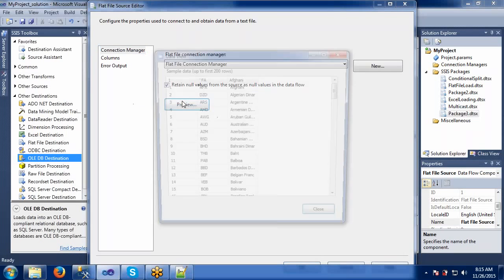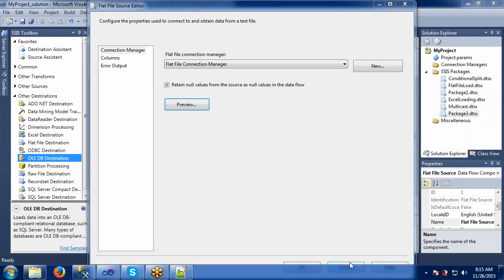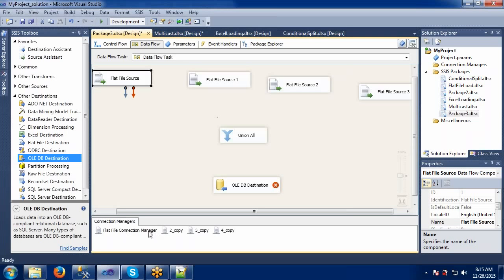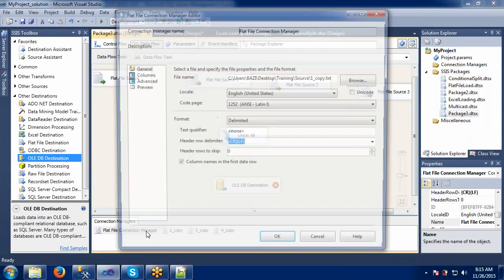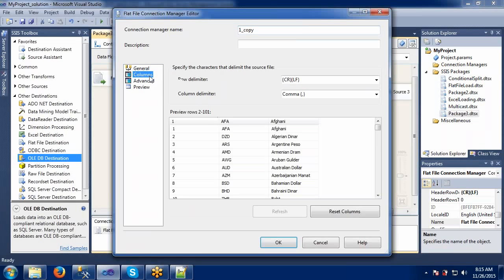So the headers are still not coming, right? What we can do is go to the connection manager. Here, the columns we have seen.